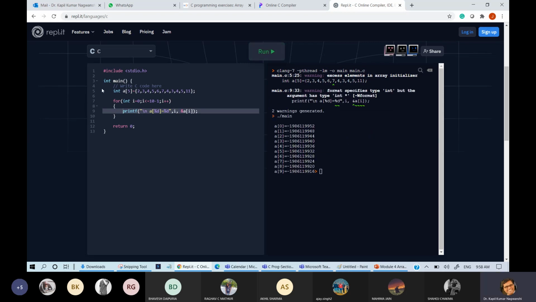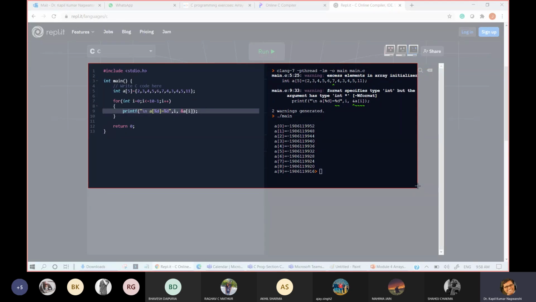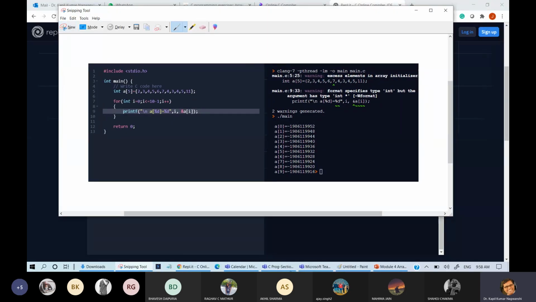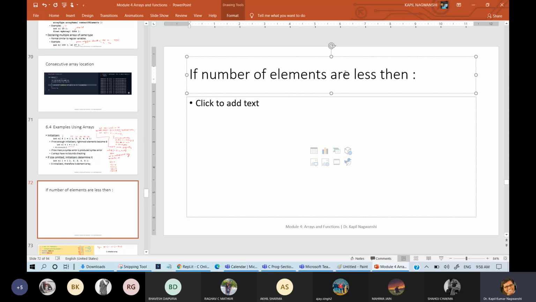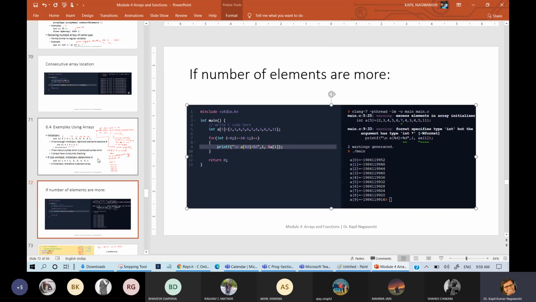Now here you can see that if the number of elements are more, then also it runs. So this is the case for number of elements more. So it is pasted like this.